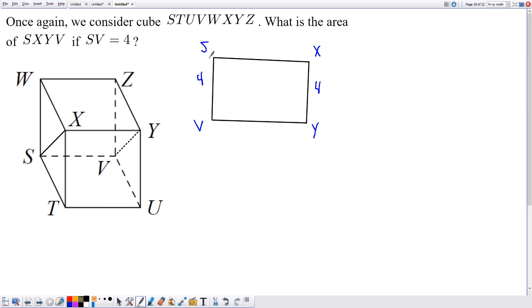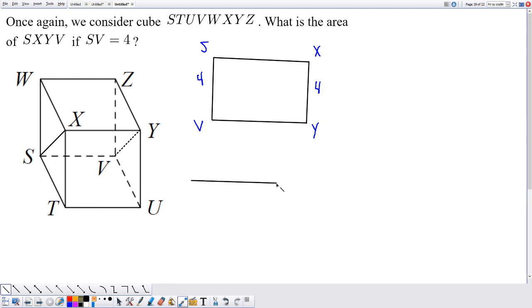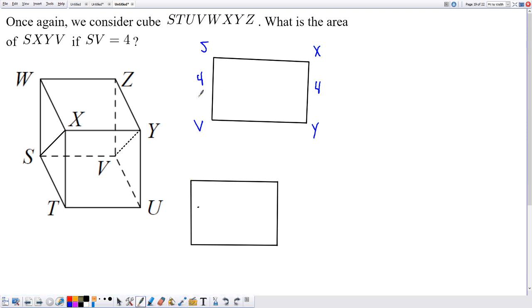But now we want to find out what SX is, or VY, because then it should be easy to find the area. Well, notice they are diagonals of the faces on the left and the right, WXTS and ZYUV. So you could even think of drawing those separately. I always find that this helps. Whenever you're looking at the two-dimensional aspect, I think drawing that out separately is an excellent way to solve it. So now let's look at one of the sides. I'll just do